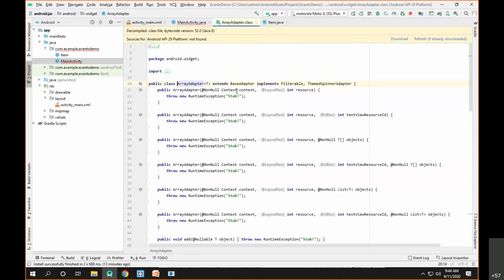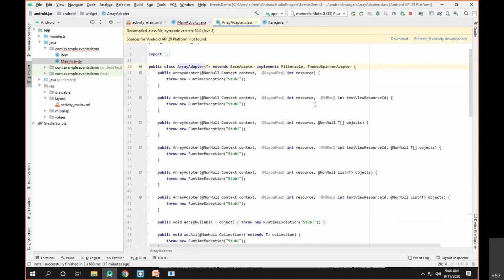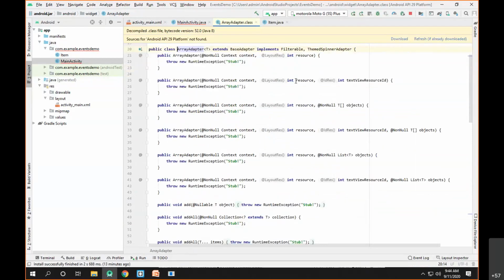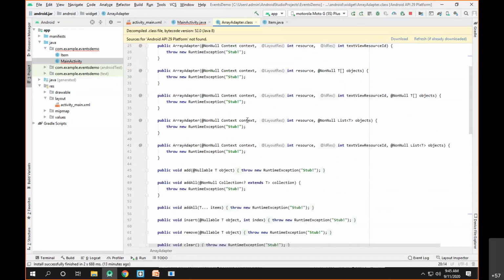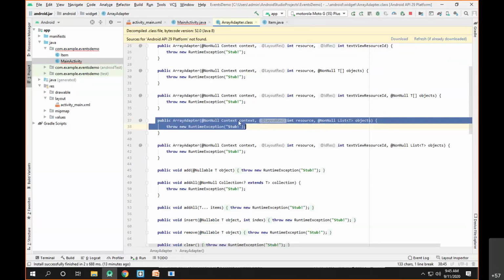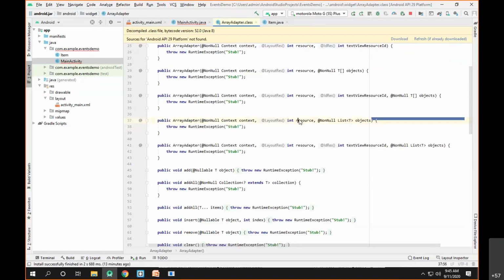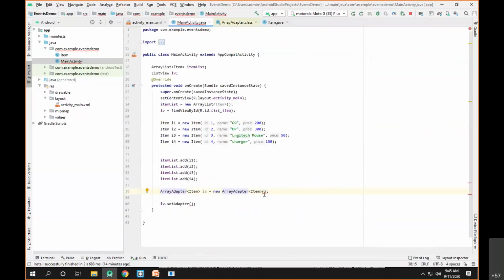The first is the context, then the resource ID, then the context, resource ID and text view ID, then the context, the resource ID and the array of objects, and the constructor that we are interested in is this. So context, then the resource type and the object, because we have the list.